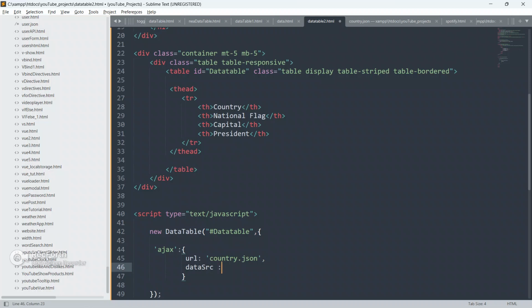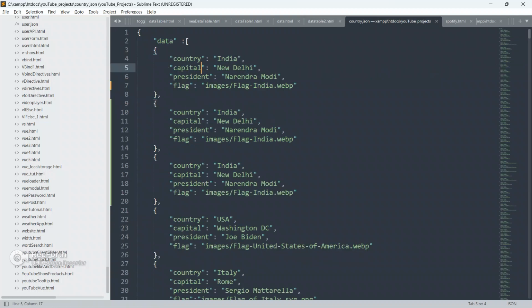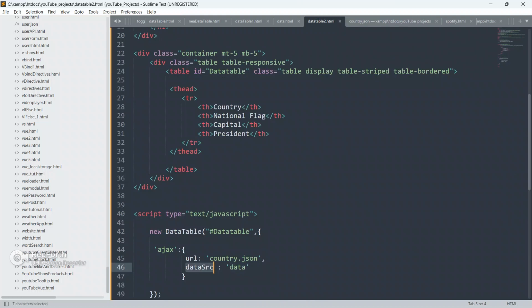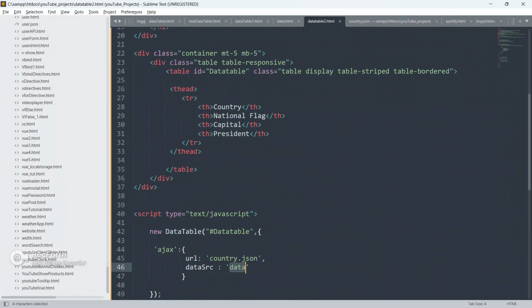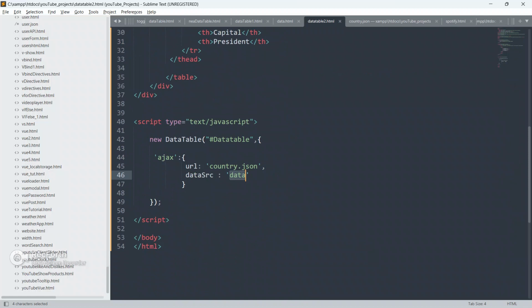Now I'm going to use dataSrc. The dataSrc colon data will be this data here. So now go back again to the code editor and give a comma.